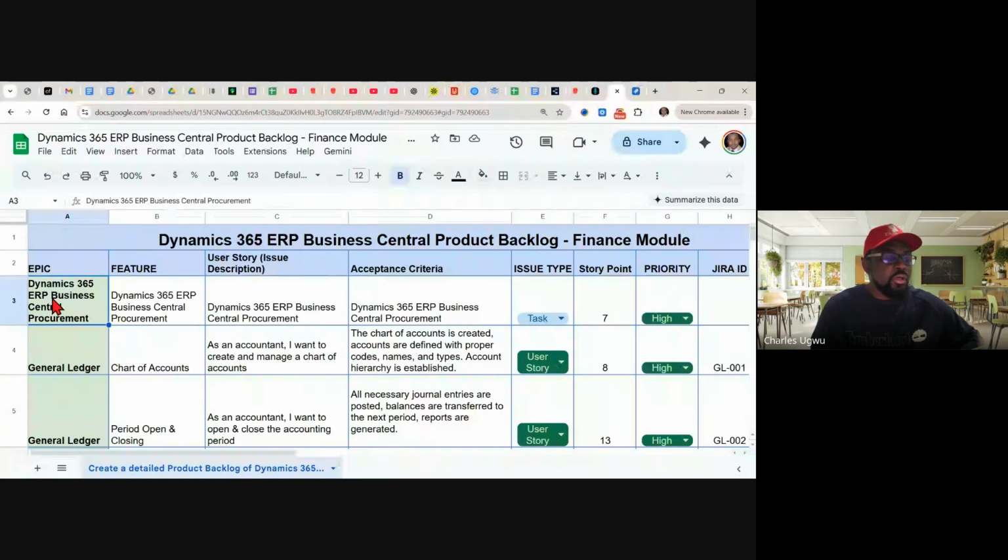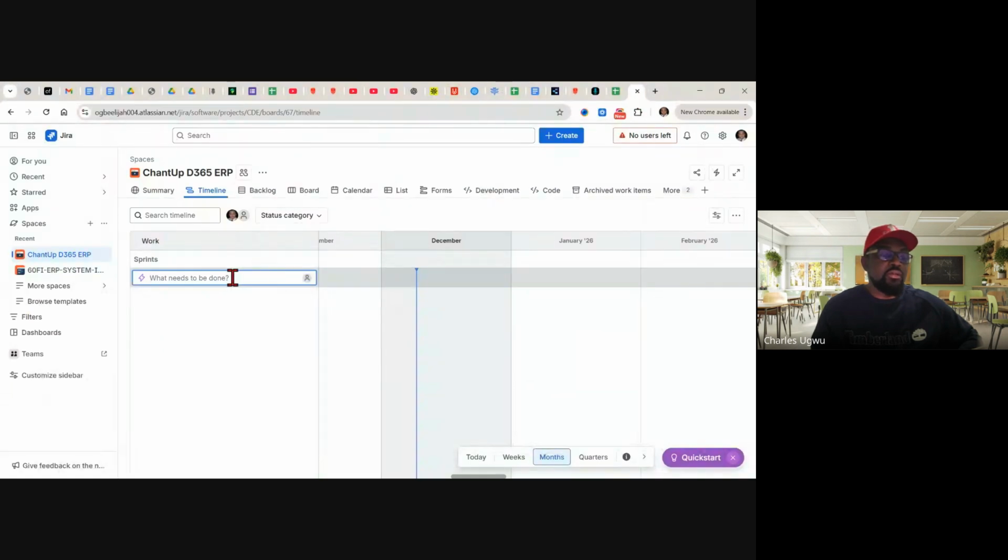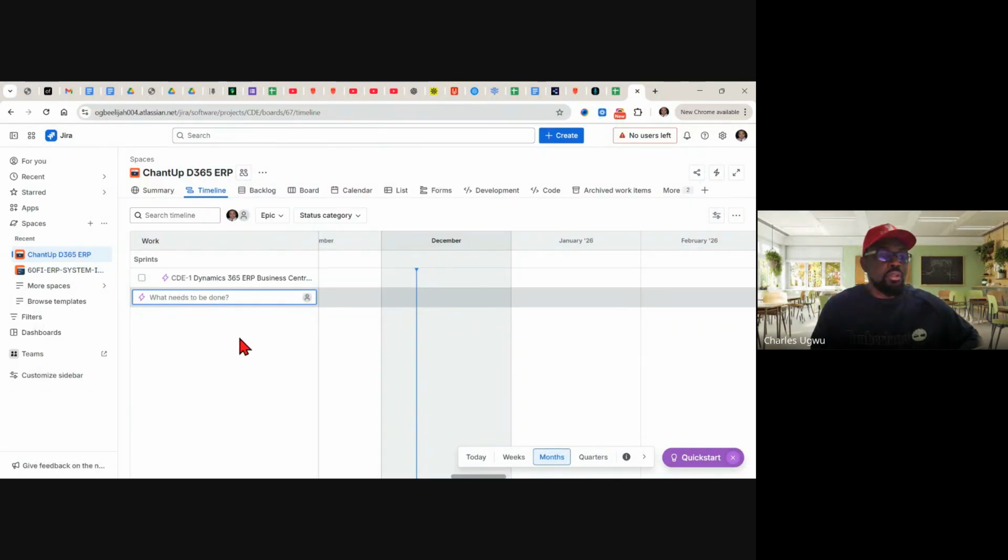This is procurement. So it's a task. So under this, we need to procure the license we need to use. So that's it. You can see we got the first thing here, procurement. And yeah, it's created as the epic is created.